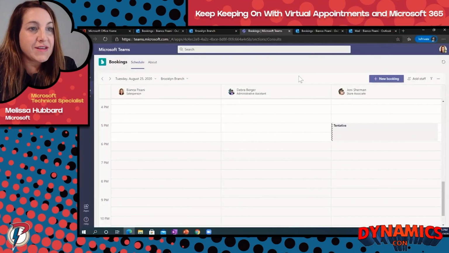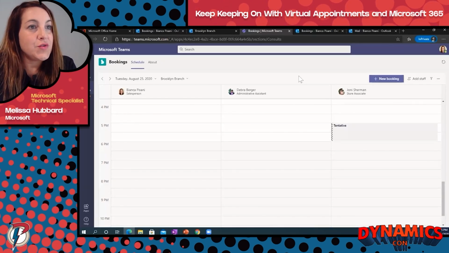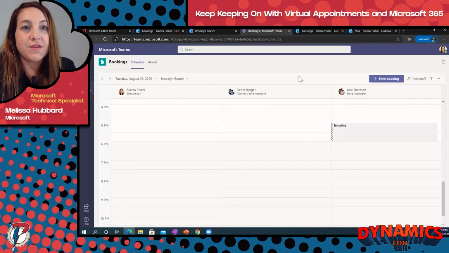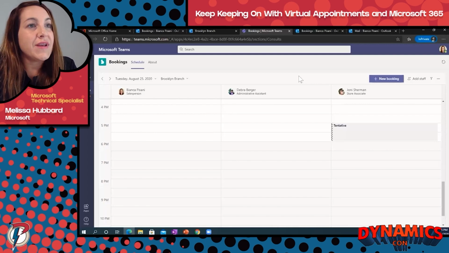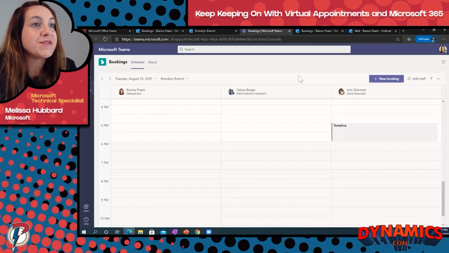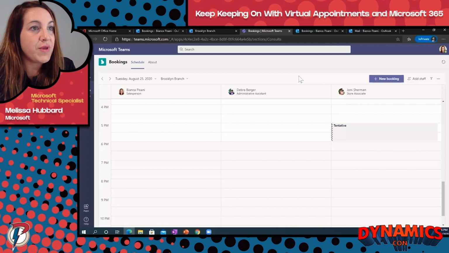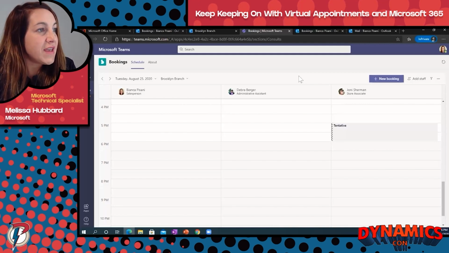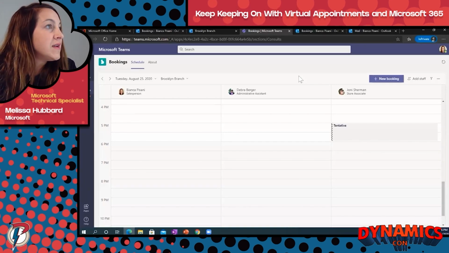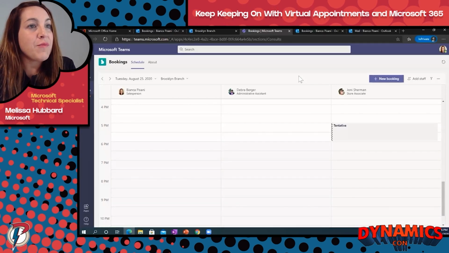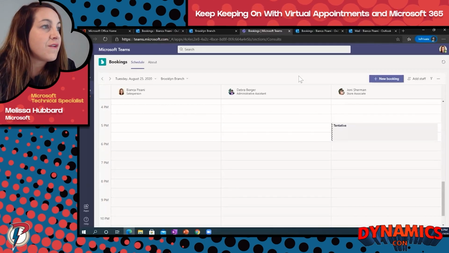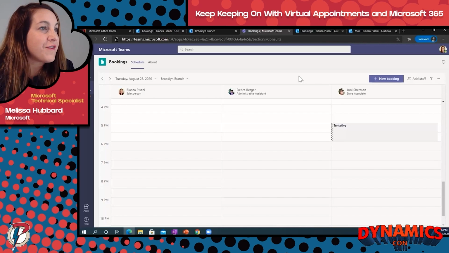So basically what I've done is I've shown you how you can create a bookings calendar, add your staff to it, add your services to it, make some customizations to the notifications, who can access the bookings page, all types of different configurations. And I've shown you what it looks like for a customer to be able to book an appointment and what the email message they get for the Teams link is. And then I've shown you the app within Teams used to manage all of the bookings calendars by an administrator.